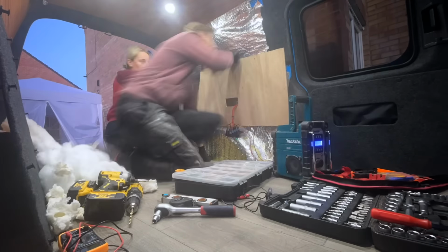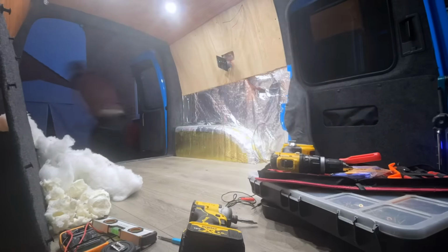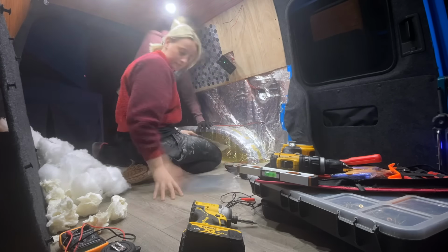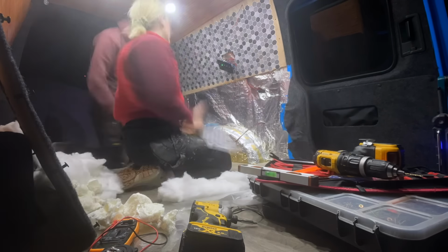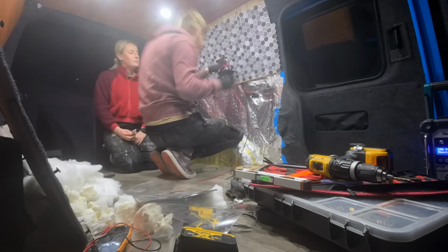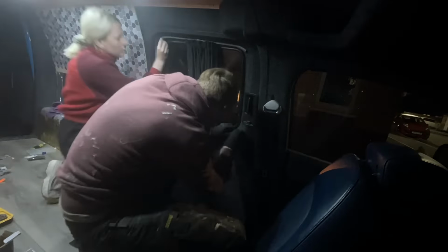Okay, so this is when it started to really take shape. There was so much going on by this point, and the footage actually seems to have jumped ahead a lot. There's a lot that we didn't actually get. By this point we had put some cladding on the ceiling, we had the electrics completely installed, everywhere was insulated. We'd put the curtains in, we'd put the door pockets in, everything we carpet lined was now installed. The floor was even finished, and we were putting in the sticky back kitchen backsplash as well. It was really all hands on deck by this point, and many weeks had gone on, but it was really nice to see it coming together, and it's surprising how quick it actually comes together,